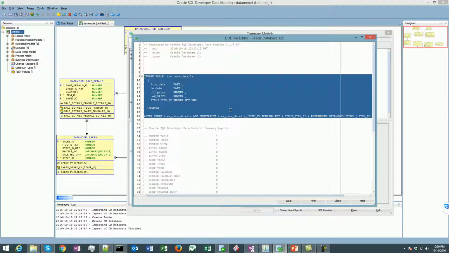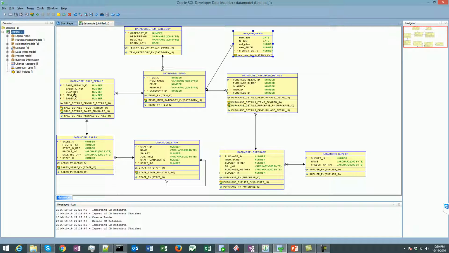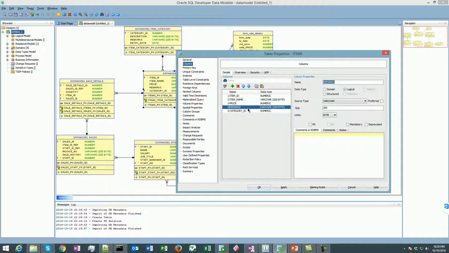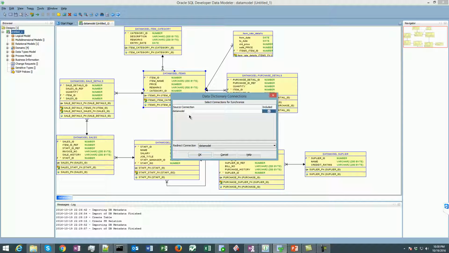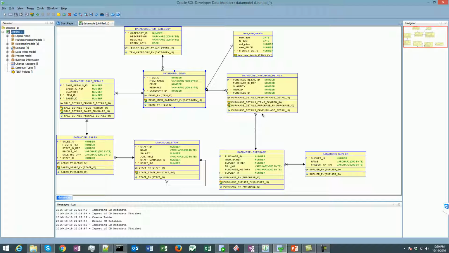So the data model just gave me those changes. It did not give me all the source code that I wanted, just the modified items or newly added items. For example, if I close it, and I modify this remarks length from 200 to 500, this is also a modification, right? So click OK, synchronize, check, then OK,